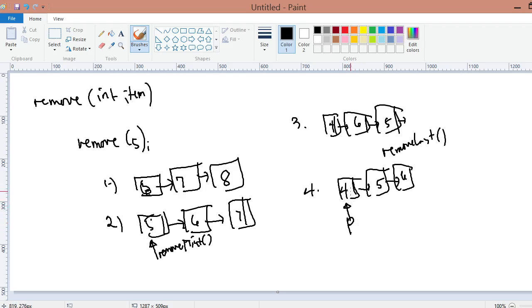A variable that holds the value before, and another variable. So this one will point to this one directly, right? So we can have here prev, and then this one is p. Okay, so let's try that one.